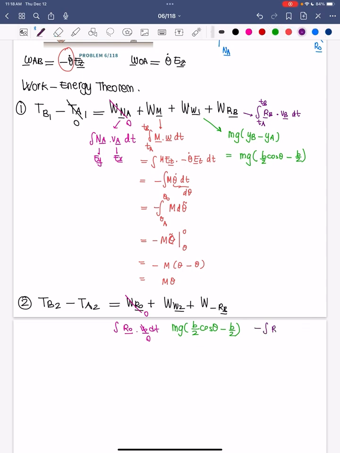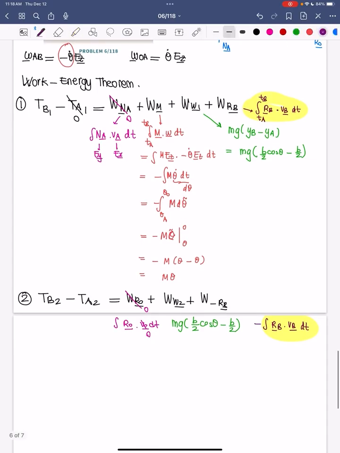Minus integral of RB dot VB dt, these two terms are the same. So when I sum the two work energy theorems, these two terms will cancel out, which is awesome because I didn't know them, they were unknown. So 1 plus 2,